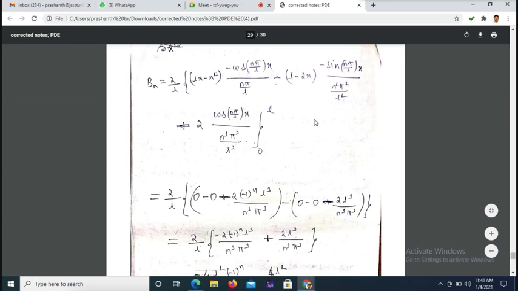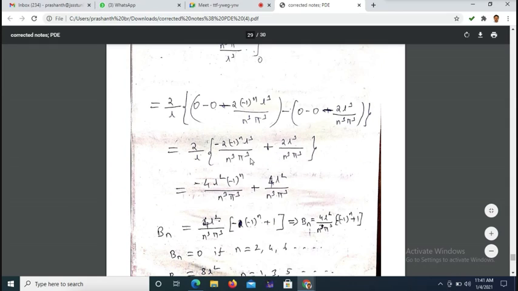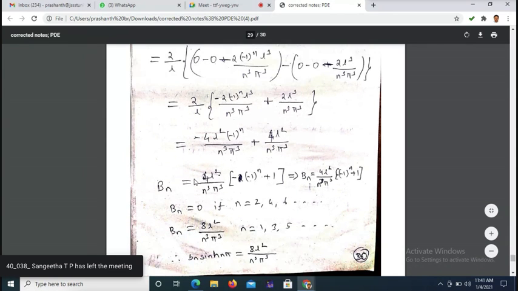Minus lower limit, put lower limit 0. Here it is 0, here this is also 0. Cos 0 is 1. So that L cube goes to the numerator, so minus 2 L cube by n cube pi cube. See here, minus into minus, plus 2 L cube by n cube pi cube. Here minus 2 into minus 1 power n L cube by n cube. Right? So you can multiply by 2L, so L gets cancelled. L square, 2 2s are minus 4, L square minus 1 power n by n cube pi cube. So 2 2s are 4, LL gets cancelled, L square by n cube pi cube.